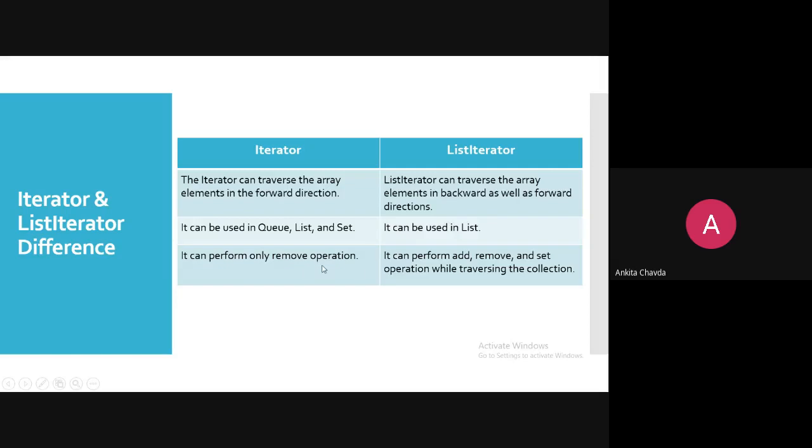Iterator can perform only the remove operation, while list iterator can perform add, remove, and set operations while traversing the collection. This is very important. When you are traversing, at that time only it can add, remove, and set.